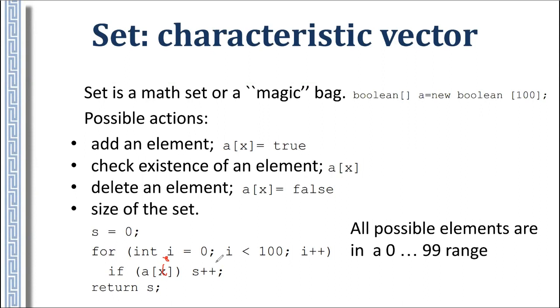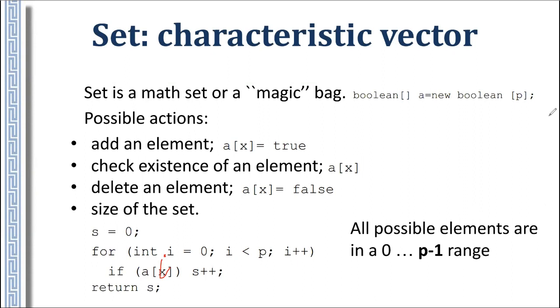But at the same time, here we have a very fast implementation. It is constant. Here we have a very fast implementation also. But this computing size is not a very fast implementation. So at the moment we keep it. Also, in the case where we have elements not from 0 to 99, but from 0 to p minus 1,